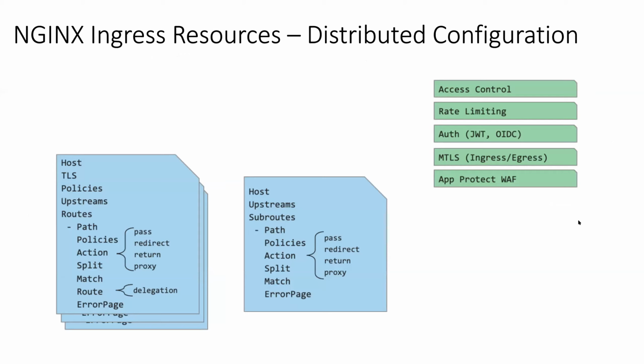As I mentioned, the NGINX Ingress controller that comes with Kubernetes is actually managed by the Kubernetes community. So we have our own offering. NGINX itself directly gives us an Ingress controller called NGINX Kubernetes Ingress Controller. So we do not rely on annotations to do a lot of routing. As you can see, the way we distribute the routing is in a very Kubernetes-friendly way. So we have defined policies, routes, and upstreams where you can quite easily apply policies like rate limiting, authorization, mutual TLS, even App Protect WAF, as I mentioned. All of those things can be applied as policies within the Kubernetes